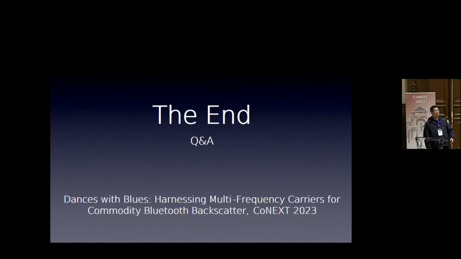Actually, we did do an experiment on Wi-Fi. We tried a single Wi-Fi excitation, but backscattered it to multiple Wi-Fi channels, and I think this frequency identification scheme and wideband hopping is compatible with different wireless signals. It could be more complicated for other wireless technologies, while Bluetooth could be simpler.